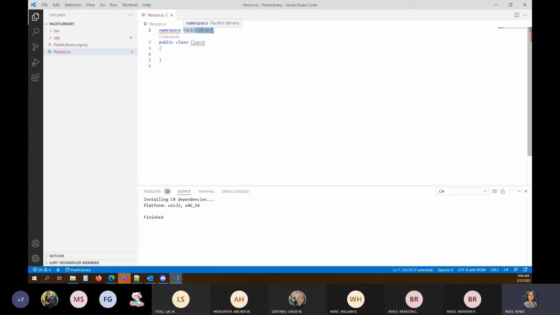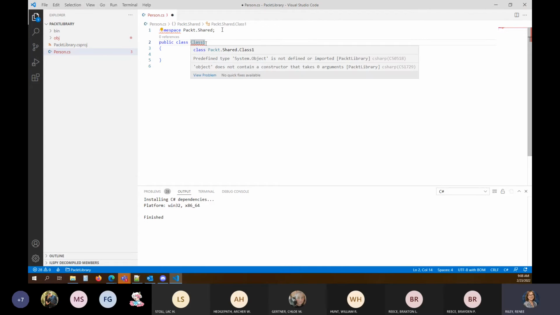Okay. Our namespace should be packet.shared. And we want our class name to match our file name. So it's going to be Person, uppercase P, just like our CS file name.